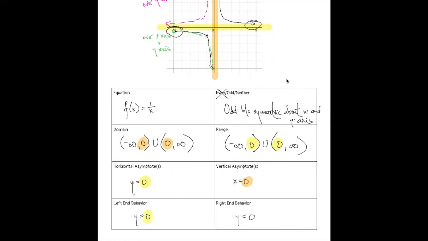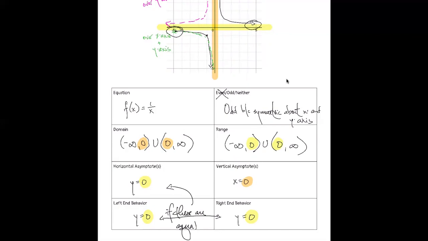If the left end behavior and the right end behavior are equal, then guess what you have? You have a horizontal asymptote. Okay, so horizontal asymptote means that the curve flattens out and that the end behavior should be the same as your horizontal asymptote. Okay,